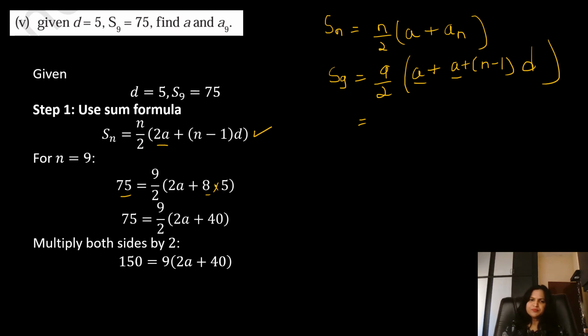75 twos are 150. 7 twos are 14, then 0 because it is the tenth place, 5 twos are 10. That's why it is 140 plus 10, which is 150. The 9 into 2 went to the opposite side. 9 into 2a plus 40. Next step is